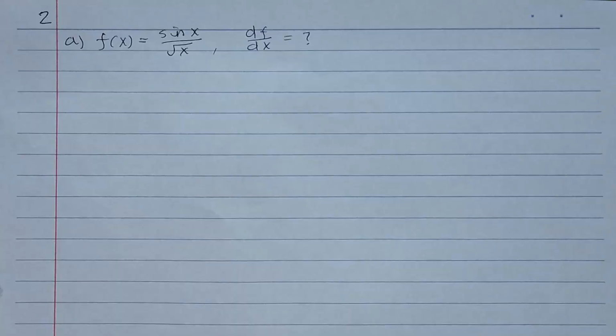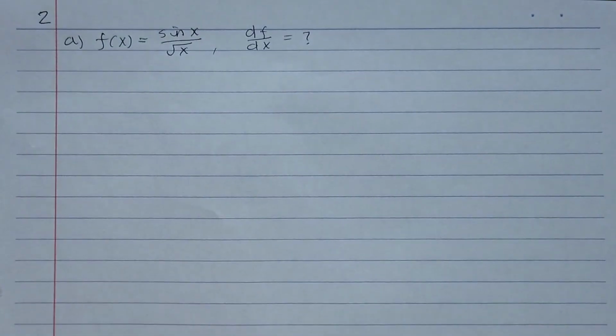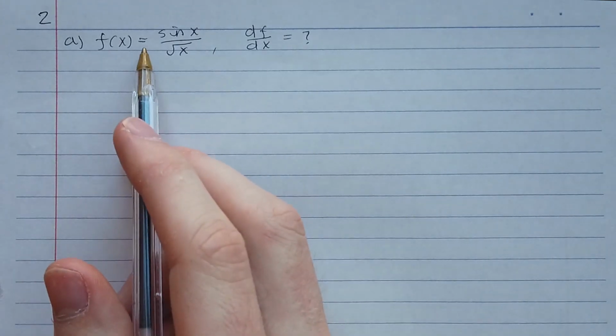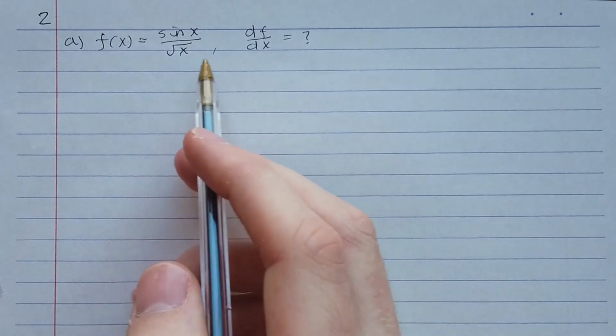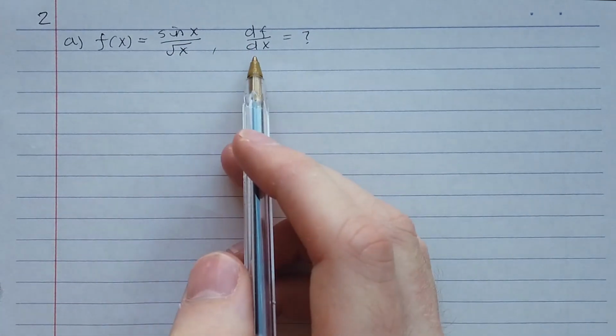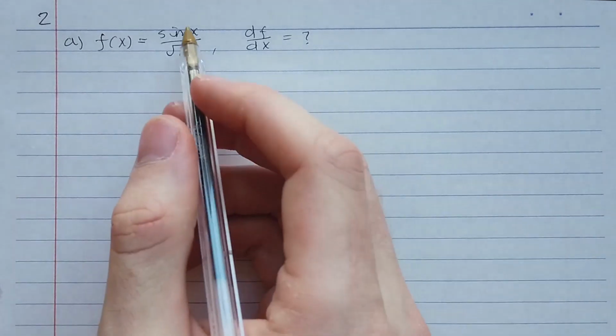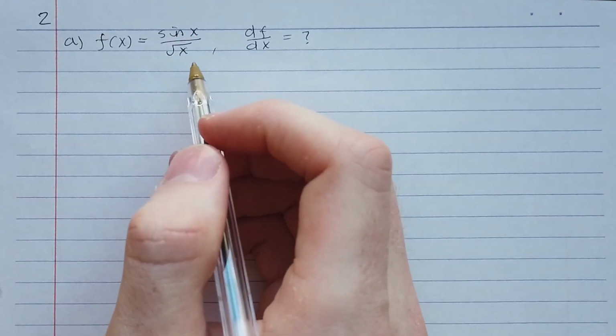So for question 2, we're going to be slightly more advanced, and we're given that f of x equals sine of x over the square root of x, and we just need to find the derivative of f with respect to x. Now, you might recognise this as something where we can use the quotient rule, which is just a rule for fractions,